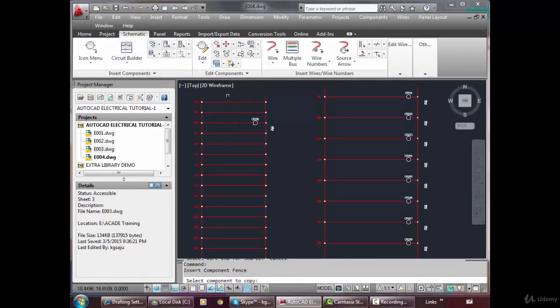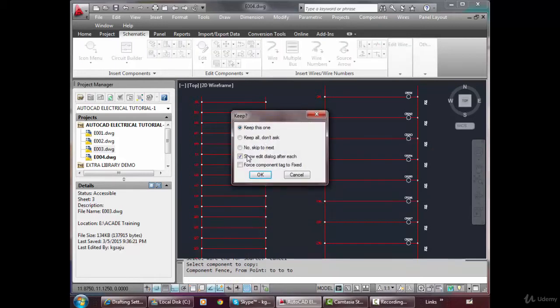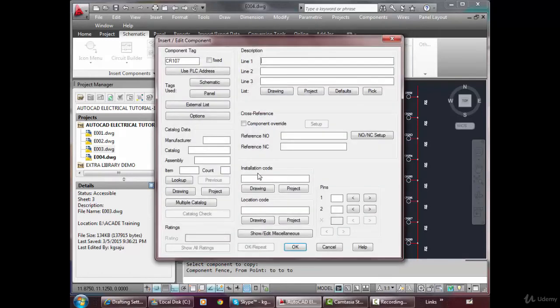And the difference you note here. I am again using the same command here. I am putting it relays only here. Now keep all, don't ask. But this time this is on show edit dialog box. What does it mean?